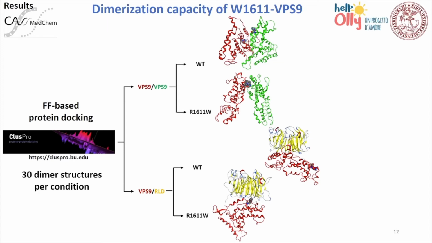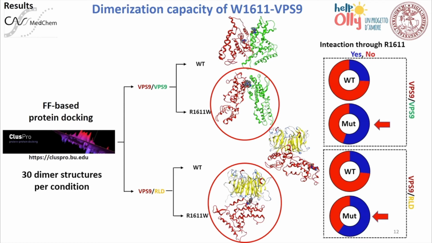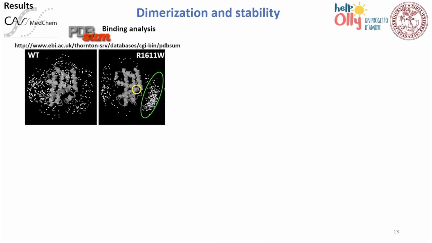And as you can see already from these representative structures here, in the mutated forms, the mutated residue is always at the interface of the interaction. And in this case here, it's also self-interacting. A more thorough analysis, by keeping in mind those mutated forms of all the structures that we got, showed us that indeed the mutated forms overall always have a higher share of tryptophan interacting dimers. Another analysis that we performed is a PDBsum analysis.